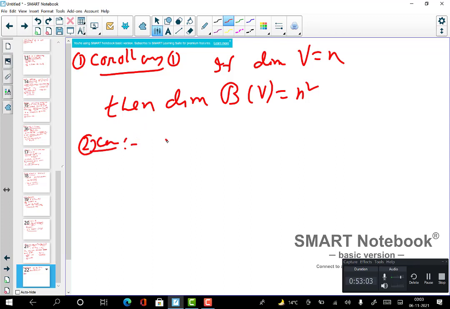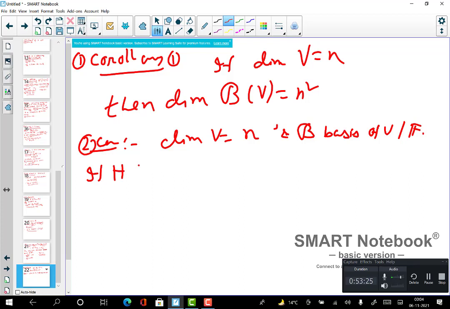I'm writing that the dimension of V, say n, is given, and B is a basis of V over F. Then if you start with the bilinear form and the matrix,